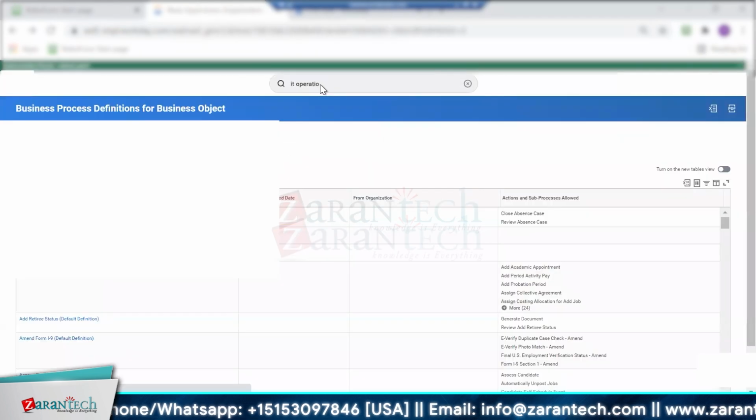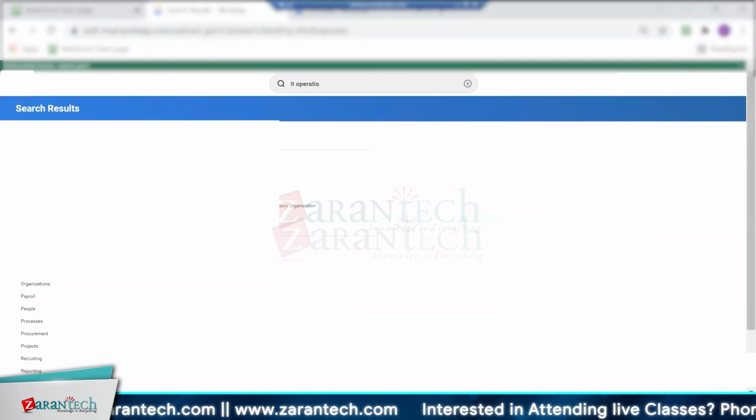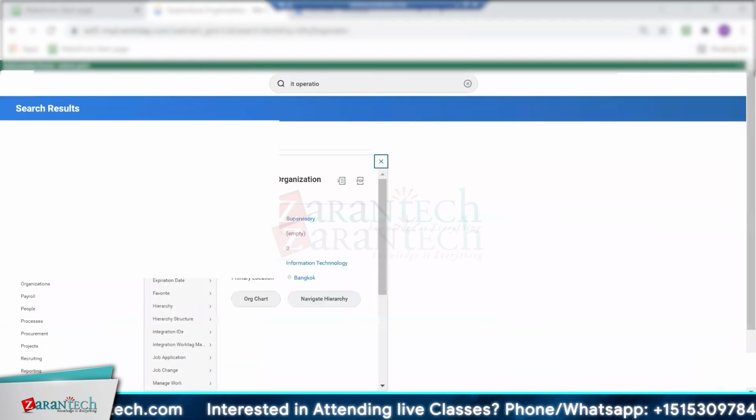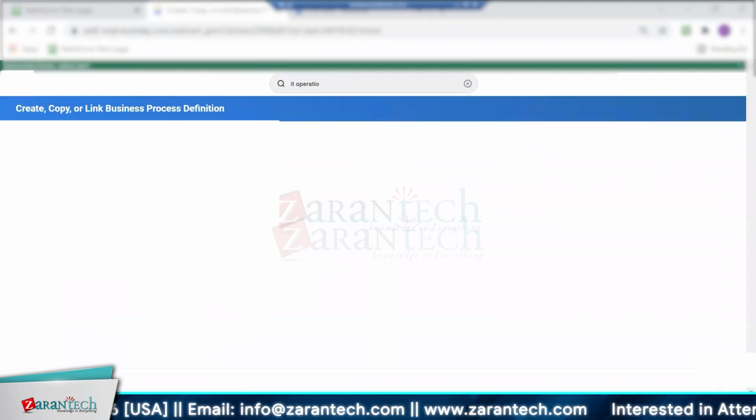Okay, go to the specific supervisory org. So just like the way we did here, right? IT operation, you don't even need to click into it, just do related actions, go to business process, and either you could create or copy. So let's just do that, right? If you're doing it for the first time, let's do copy existing definition. By default, the business process that's defaulted to this supervisory org is usually the default definition, right? But if I don't want to touch that default definition, but I want to copy it, I will, of course,